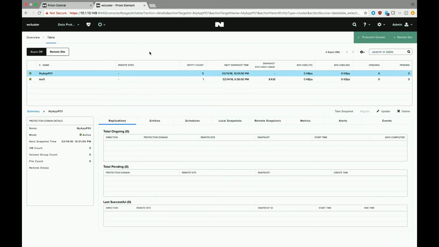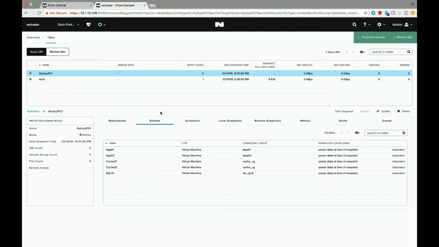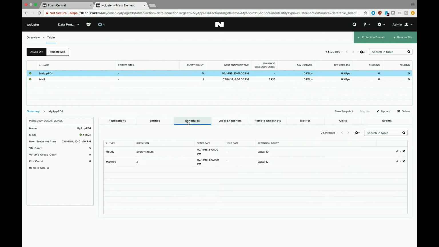Once your protection domain is created with all your virtual machines and schedules, you'll see it on this screen. If you click on your protection domain, you can go through additional information about it. Because we're doing time stream today, we're not doing any replication, so you will see no replication information. If we go to entities, these are all of our virtual machines and their associated consistency groups that are inside this protection domain. We can view the schedules,